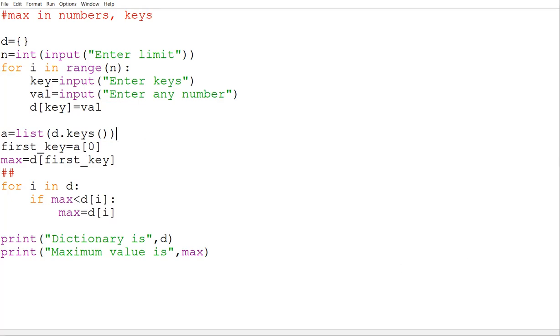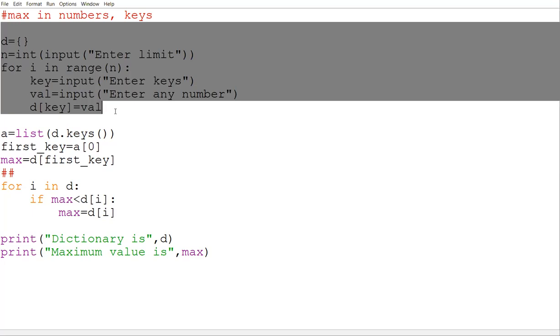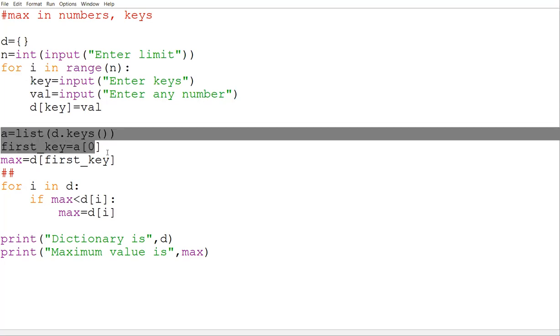Can you please repeat the question which you asked just now? I said, the same thing I have to do, meaning I have to find the maximum, but this time with respect to keys, meaning which key is maximum, that I have to find. Previously I was comparing the values part. This time I want to compare the keys part, nothing else. Ma'am, in place of D of we have to write only I. Okay, first of all, let me know, any change over here? No, ma'am. No change. Any change in these three lines?